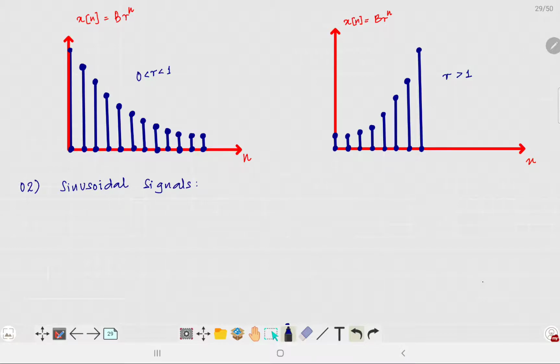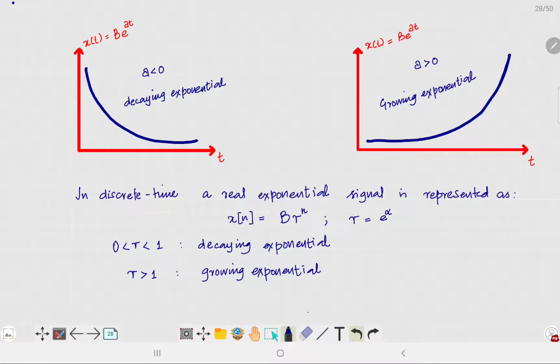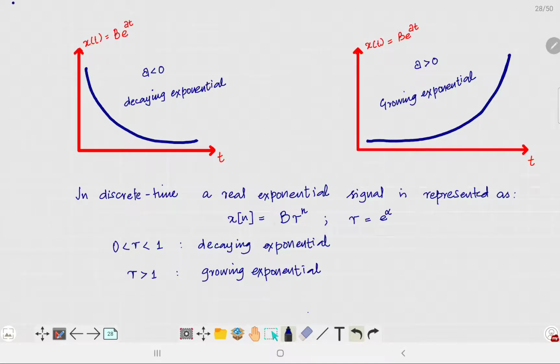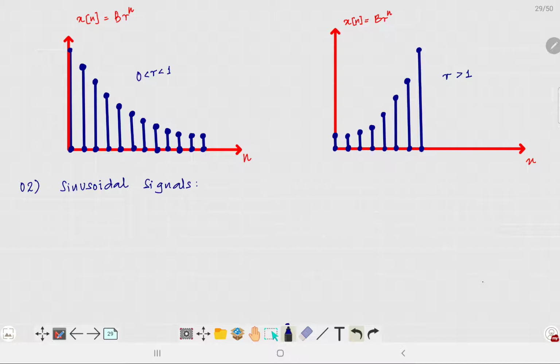Fine. Again, it will have a continuous time version and a discrete time version, and again there is a small difference in interpretation. Just like an exponential signal, we had a slightly different form, b e raised to the power at, and then we had b r^n. Similarly here we will have a slightly different form and slightly different properties. We'll discuss them. So the continuous time version, the CT version